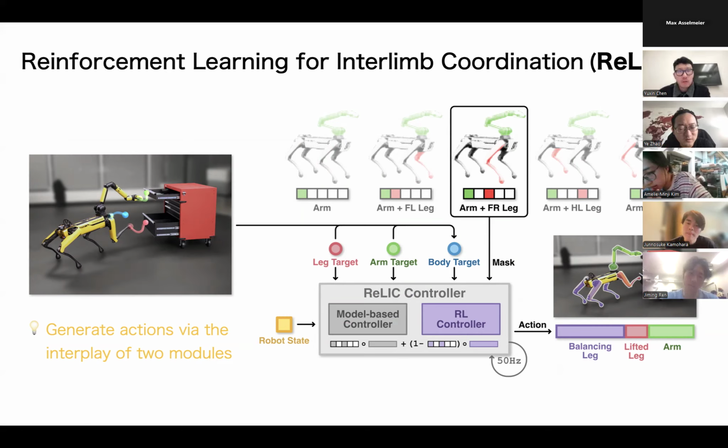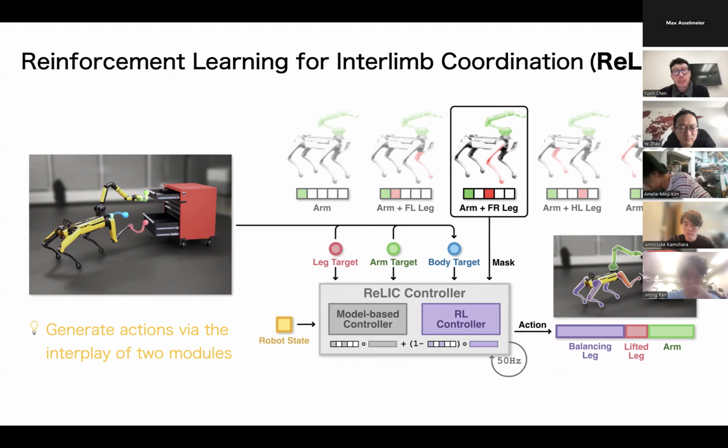In this case, the model-based controller basically assumes it's doing floating base manipulation. Based on the current body targets from the proprioceptive states, it does the forward kinematics to try to reach the desired target.